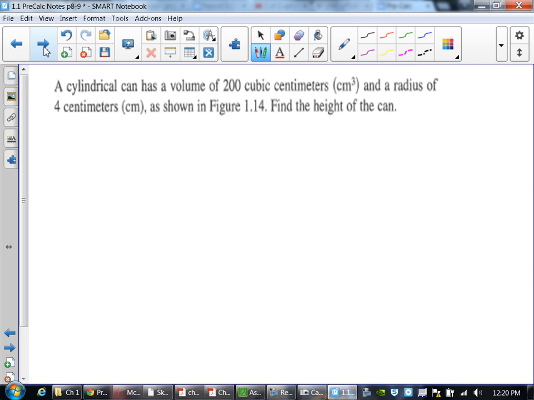What's the height? So you're going to solve for the parts of the actual formula. If I'm looking at the volume of a cylinder, it was pi r squared times the height. All I have to do is substitute in. Now, this is where you have to be careful. You have 200 equals 4 squared pi times the height. 4 squared is easy, it's what? 16. So in my calculator,